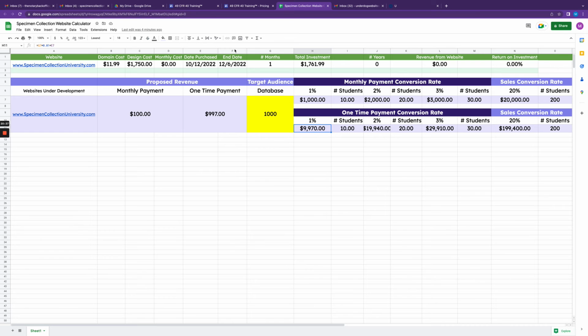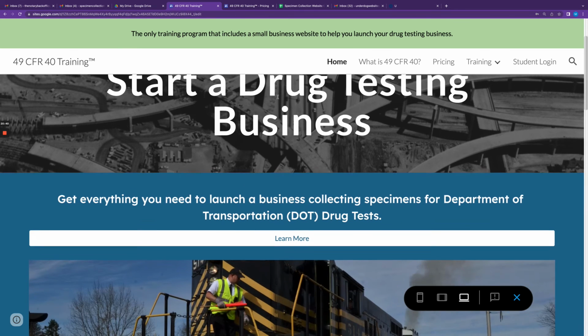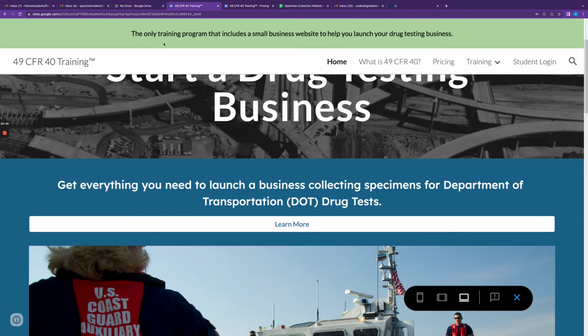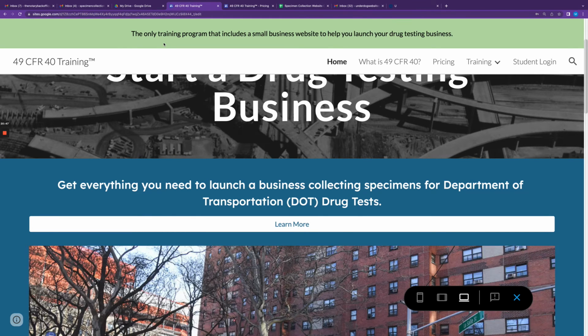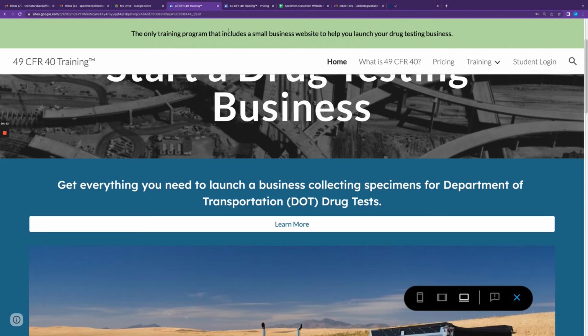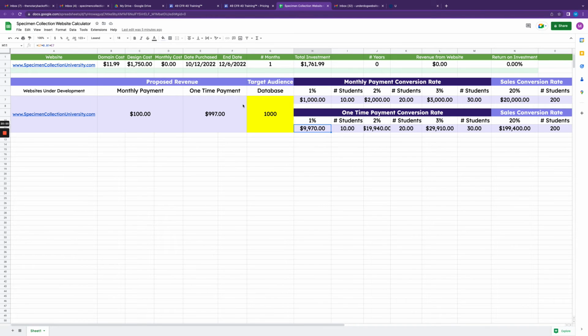What you do is you focus on providing a quality product that meets a need, right? That meets a need and provides amazing value. As long as you provide amazing value and it's a quality product and it does what it says it's supposed to do, then that's all you have to worry about. Let other people determine what they can and cannot afford, okay? So with that in mind, if the 1% rule applies and I convert 1% of this 1,000 piece audience, then that means that I'm going to get $9,970, okay?